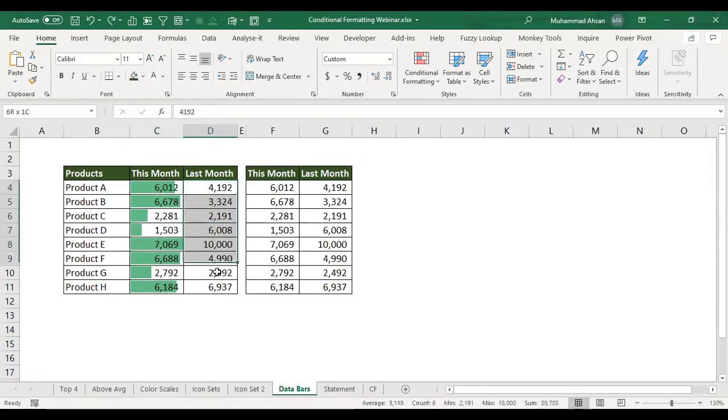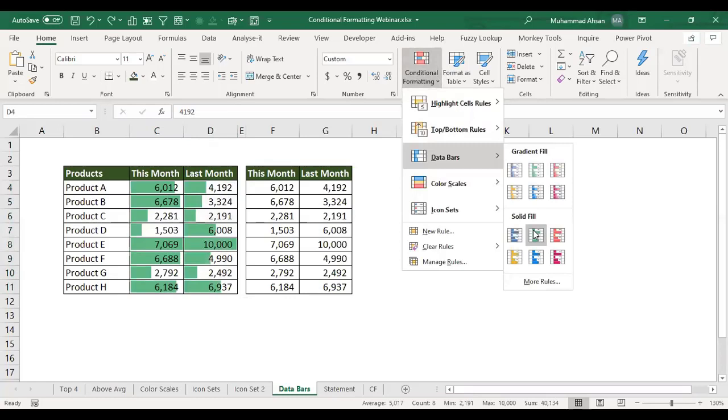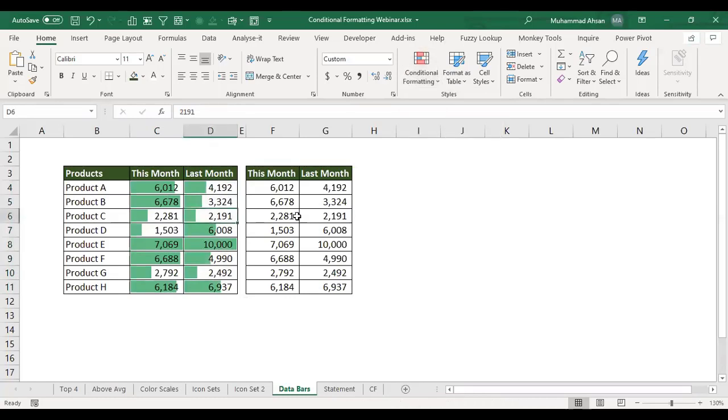Now let me select the last month column again, and I will go to data bars and I will click on solid fill. Right, so now you can see that 10,000 is entirely highlighted as in 100%, and based on the numbers available in this particular column, the colors have been allocated themselves. Okay, so if I change any number later on, you can see that the conditional formatting will get updated.